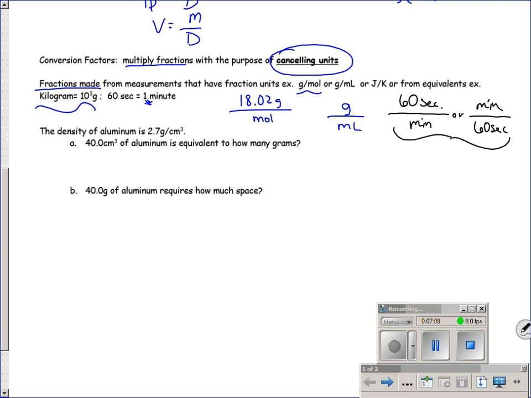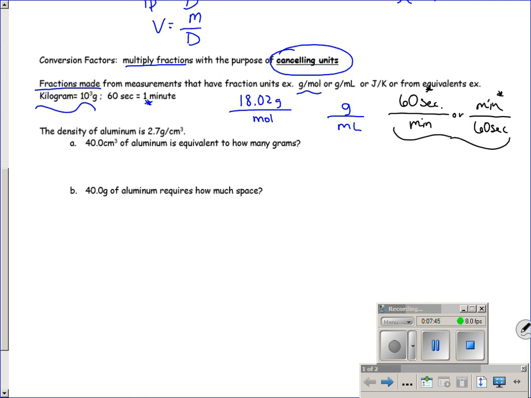Now, which conversion factor you choose to use depends solely on what unit you want to cancel. And remember that something that is on the top of a fraction and also on the bottom of a fraction cancels out. So if we wanted to cancel the unit minutes, we would use 60 seconds over minutes. If we wanted to cancel the unit seconds, we would use 1 minute over 60 seconds. Let's do a few of these together using